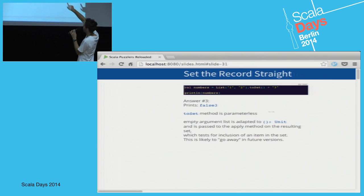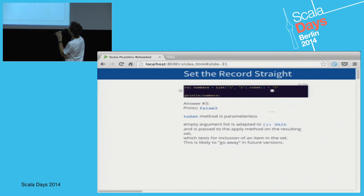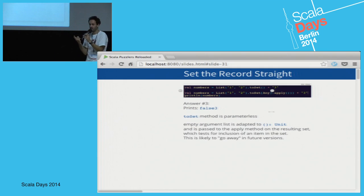But maybe, Nermin, if you just write out what this actually becomes. Sure. So what is really happening here is it desugared, let's put it that way. So this will say numbers equals list, then you get toSet, and we're going to be explicit about the apply type. And then it's going to call apply, which is contains on the set. Right, and it's going to pass this. Exactly. So the empty brackets don't work because apply needs an argument, so it shoves in another set of empty brackets, and